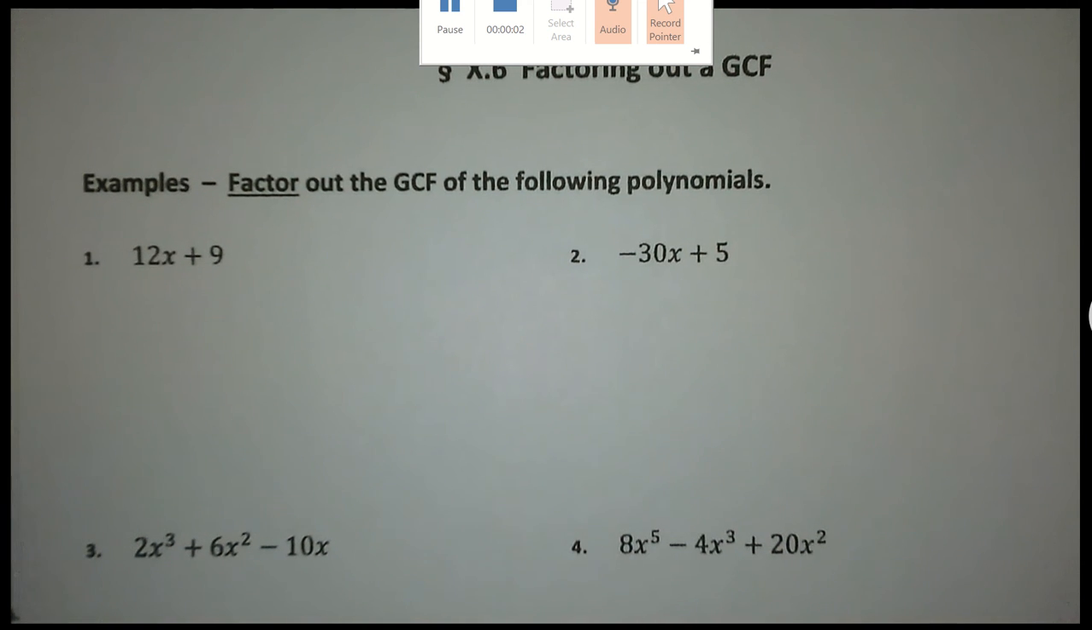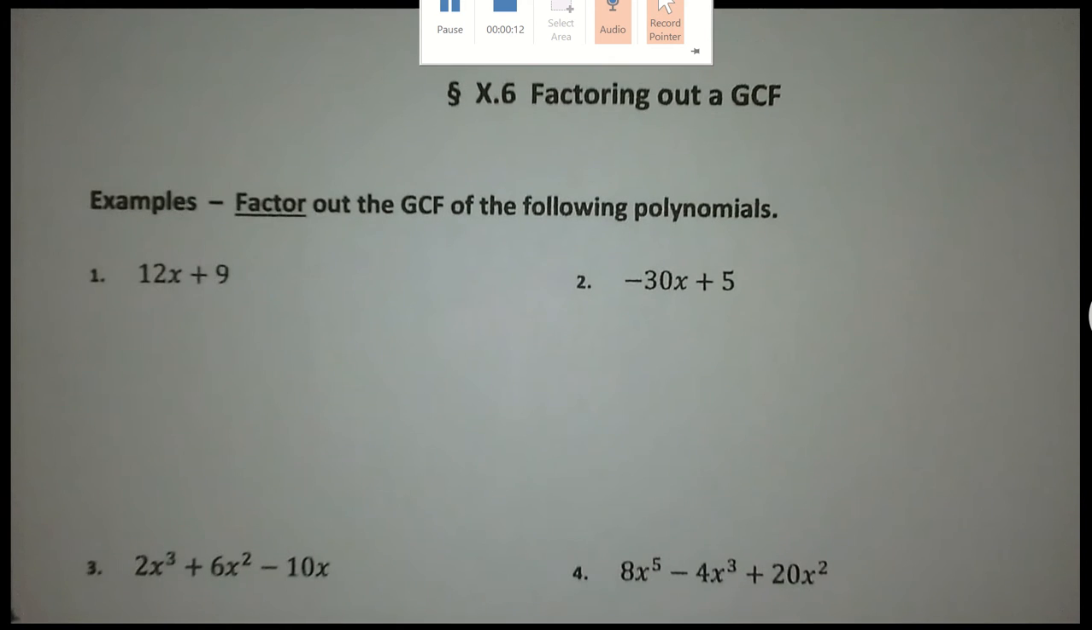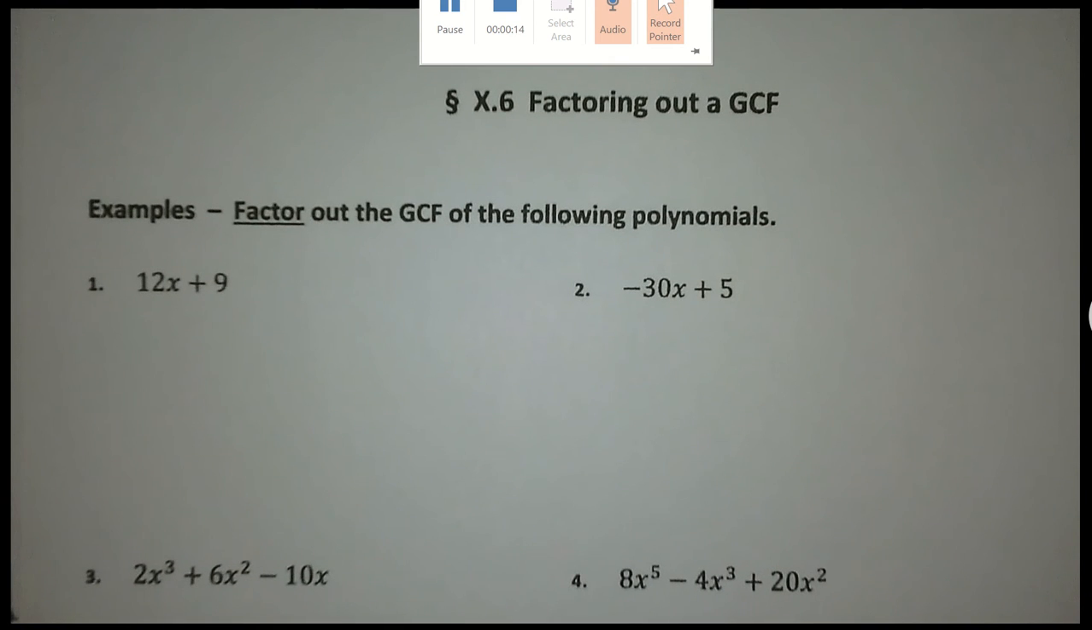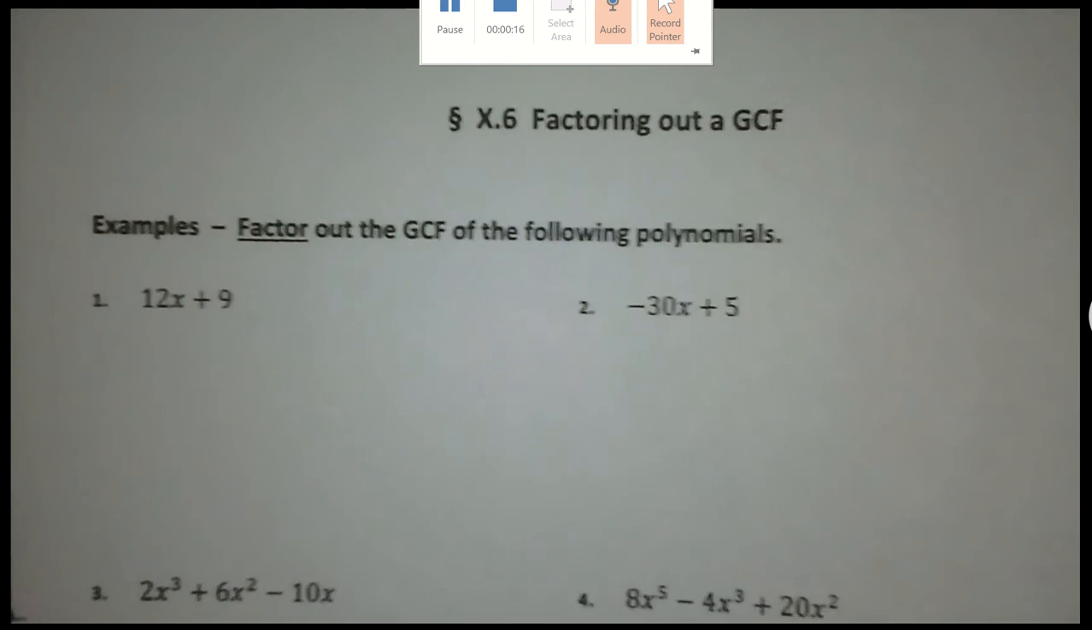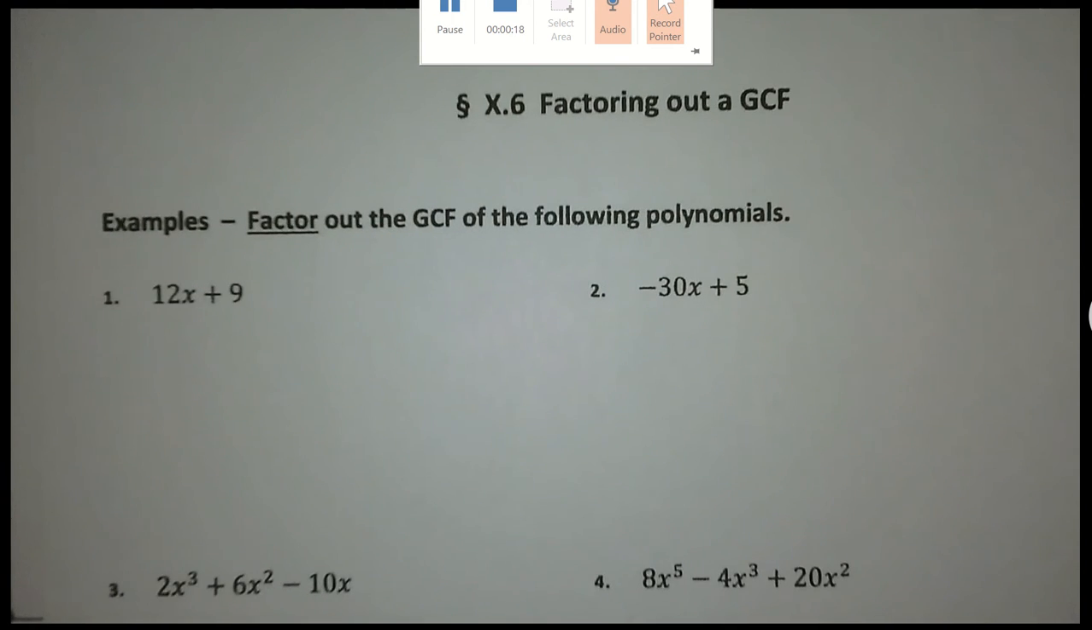All right, everybody. Very simple lesson here on what I'm going to call X.6. We are definitely changing gears now because we are going to get into factoring. Okay? So, without any further ado,